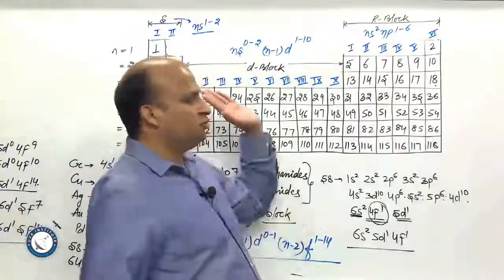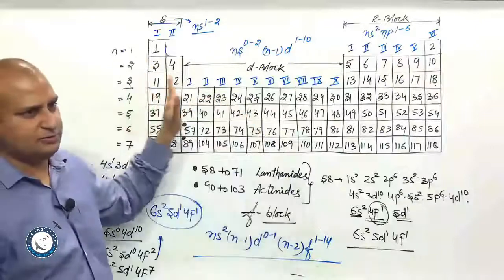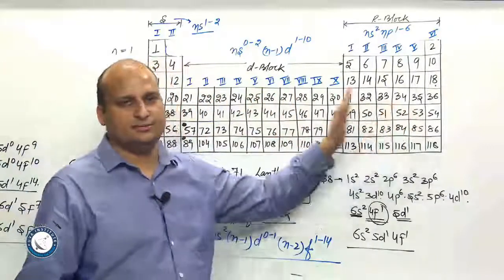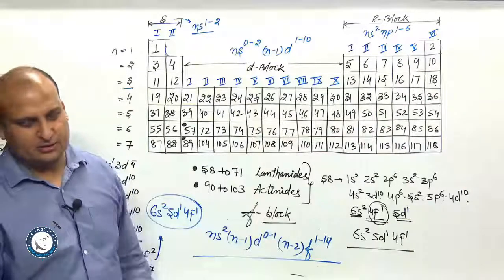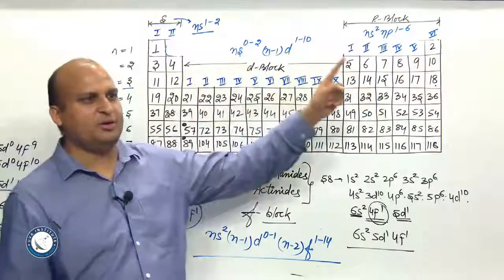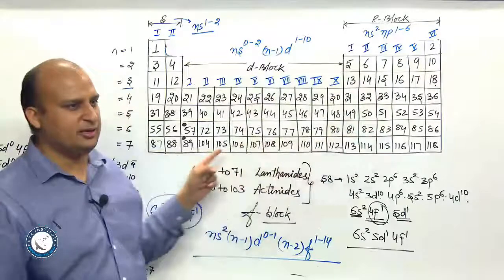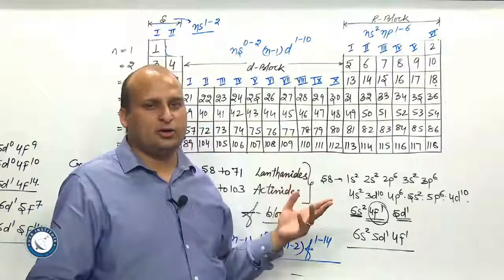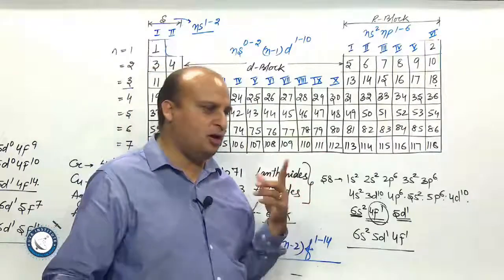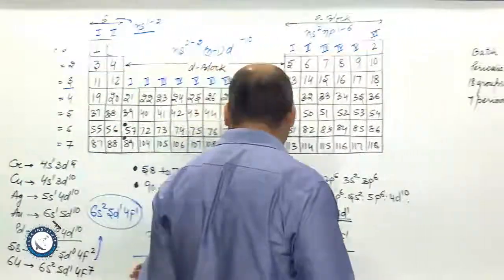Okay. So you have got all these elements in front of you, right? Let me show you certain things now. First of all, you know why the periodic table is looking like this. Now, how to calculate the electronic configuration very quickly, or what if a question is given to me,